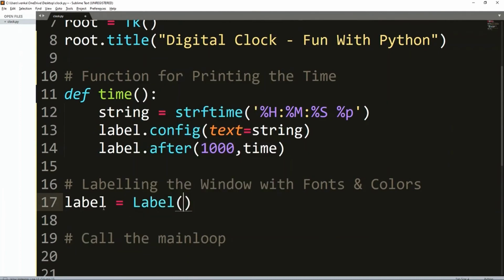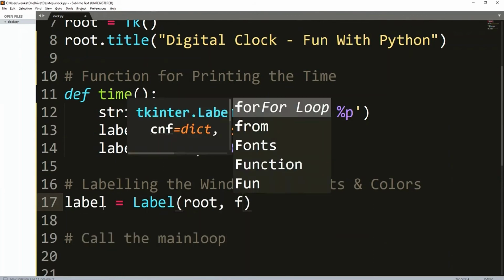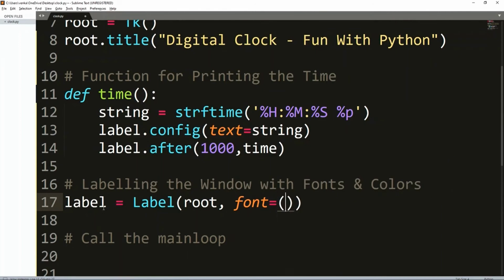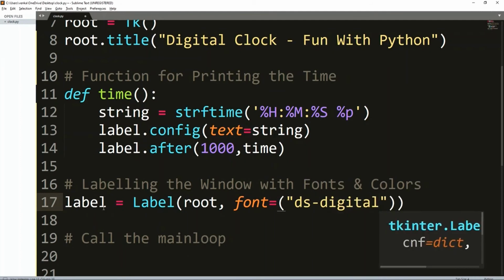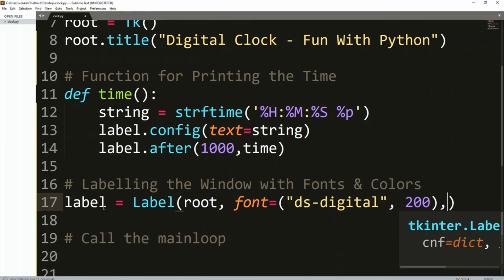After writing the function for defining the time, we need to create the label. This label of root, comma, font equals, whatever font we give in this label, it will automatically be printed in that format. Now I'm going to give the font as DS Digital with a font size of 200.